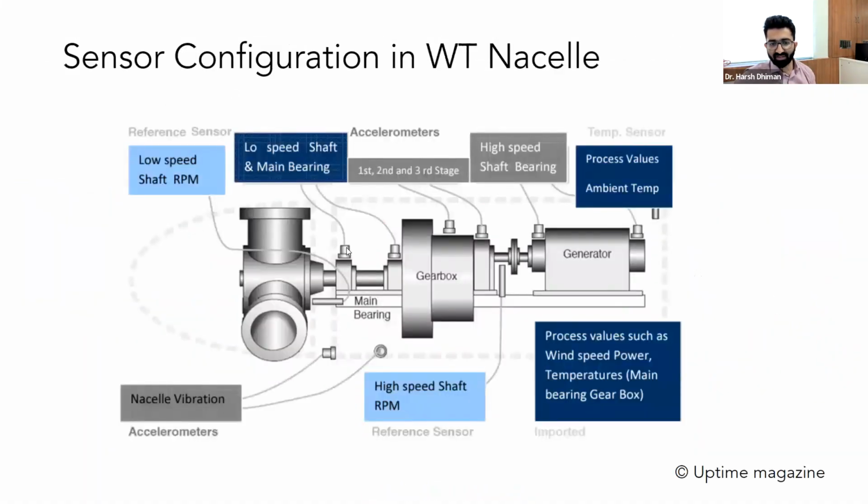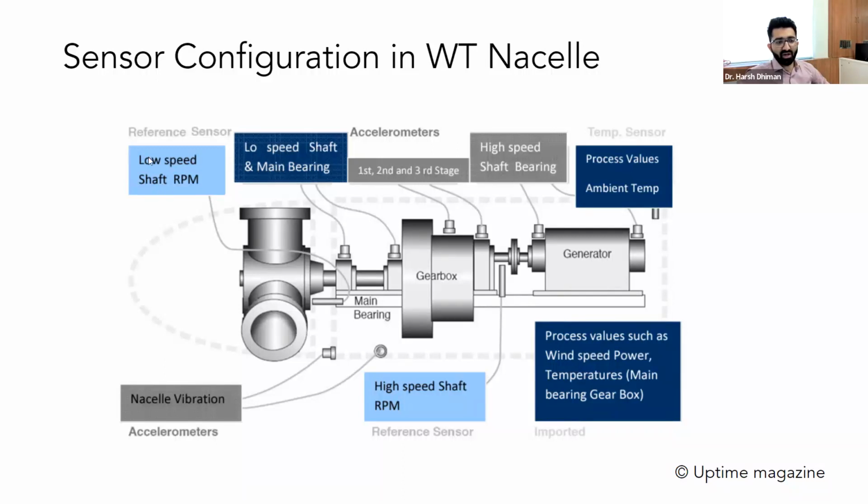So yes, this is the sensor configuration inside the turbines, because we have also discussed that the instrumentation and sensorization of your turbine plays a major role in condition monitoring. If you want a good condition monitoring framework, you are always looking for an instrumentation system which is reliable and as precise as possible. Precision and reliability are the two characteristics of a good instrumentation system.